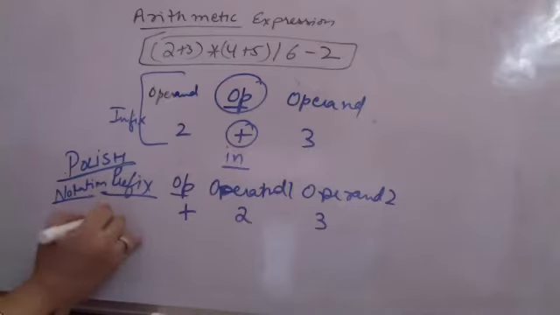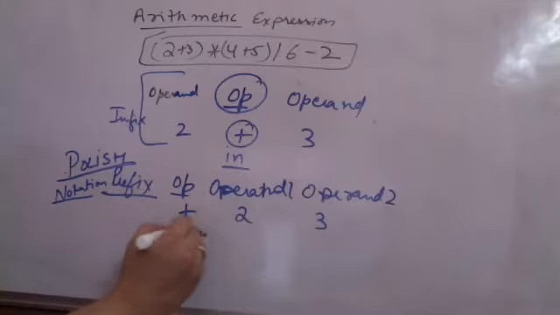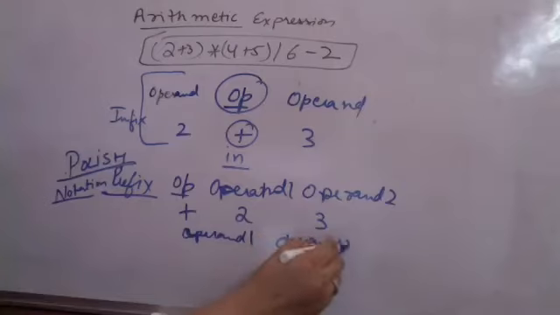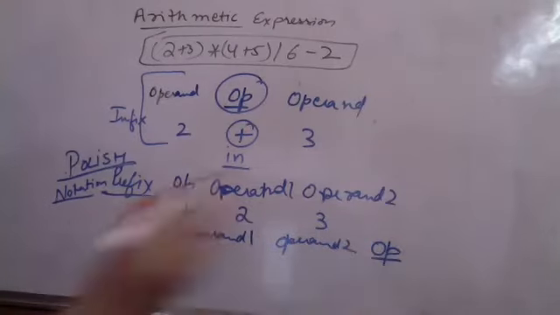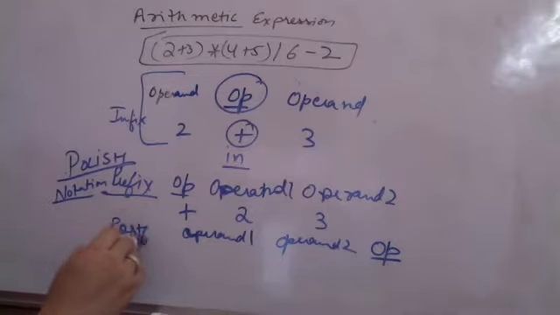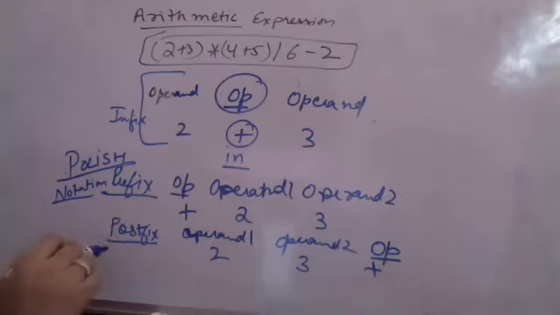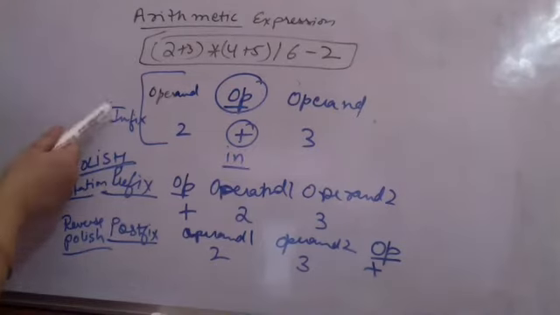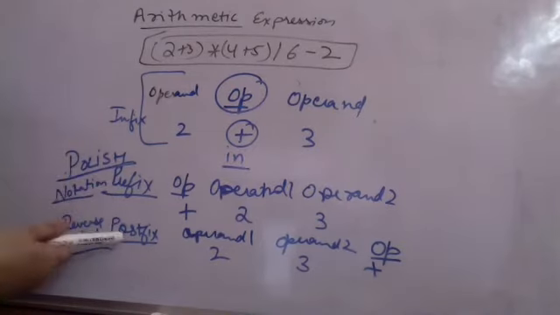Then we have operand coming first, so I am having the first operand, operand 1, operand 2, and then I am having the operator. This is known as the postfix form of expression, when I am writing 2, 3, and then I am writing plus, or also known as reverse Polish notation. So to convert an infix expression into a postfix expression or a prefix expression, we use stacks. This is a very big application of using stacks.